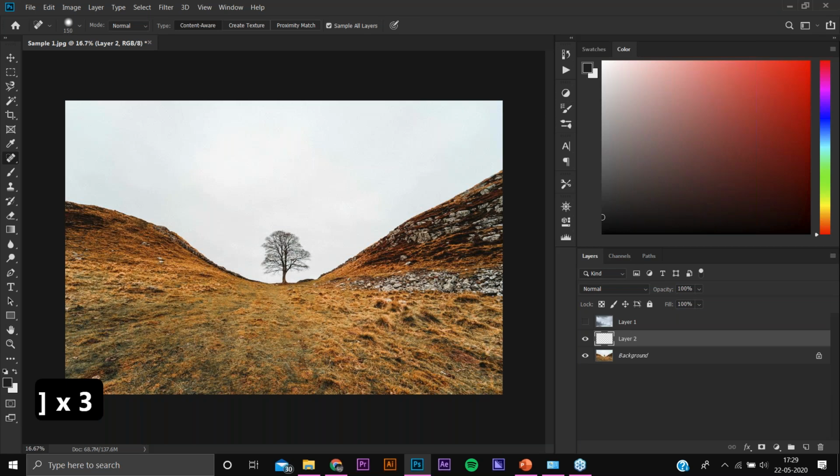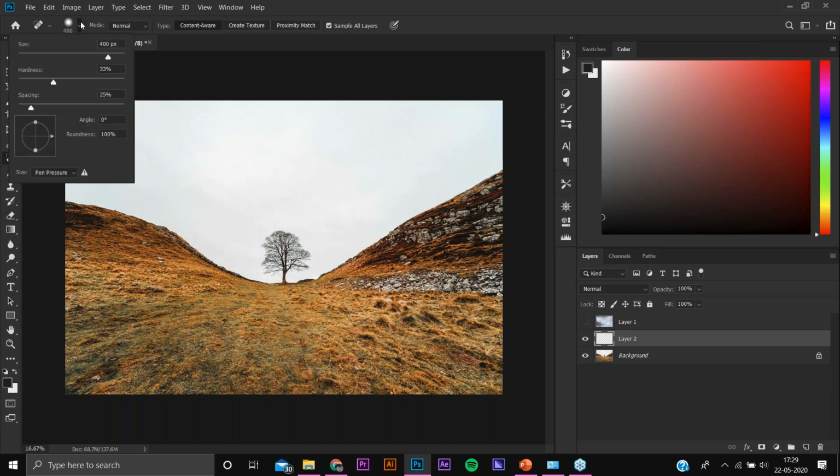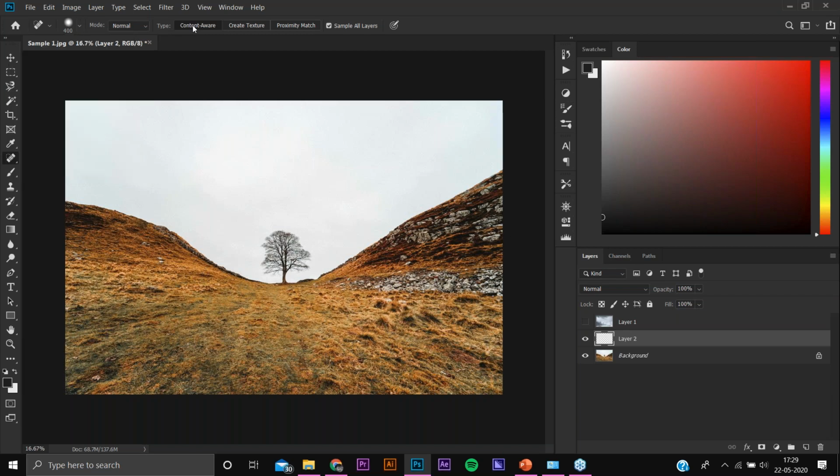We don't get the desired picture many times after we click it. So this time we will be using a spot healing tool, and over here we can adjust the size in the tool options. If you go to this top section, you will see the various types. First of all, click on content aware and then go to the size and adjust the size of it.